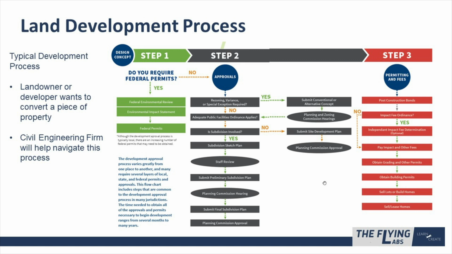A plan has to be created, and this could come in the form of multiple different plan types, and then you have to get all the permitting. So, typically, step one, if it requires federal permits, federal review, an environmental impact statement will have to be done, and that basically is checking for the feasibility or what issues this project may cause to the environment. Upon completing that and getting the right permits, then you go into the next phase, which is possibly a rezoning